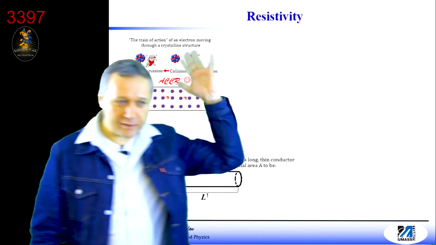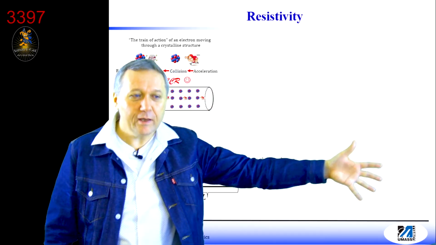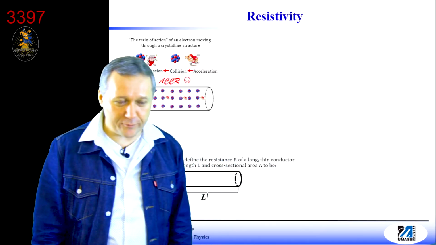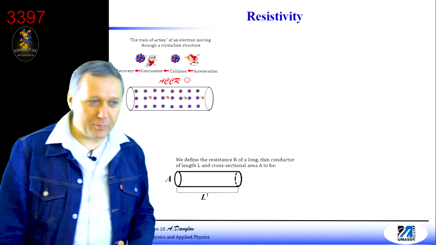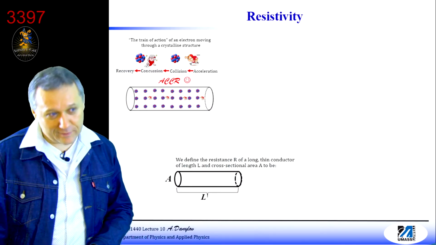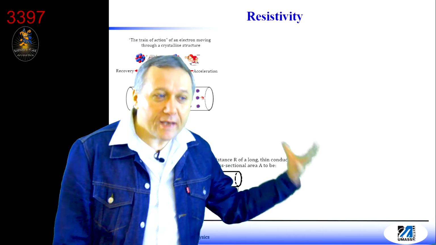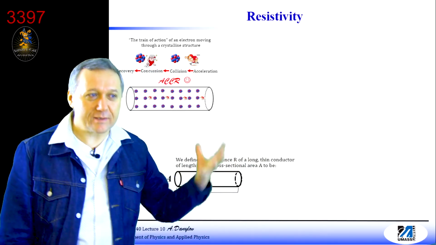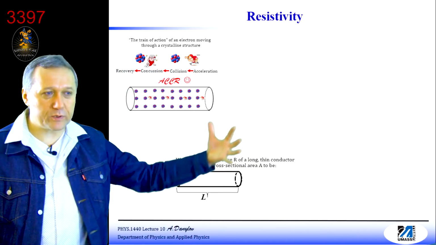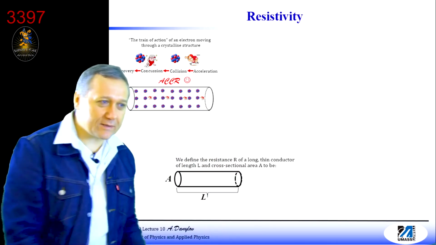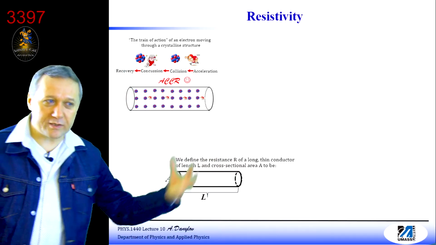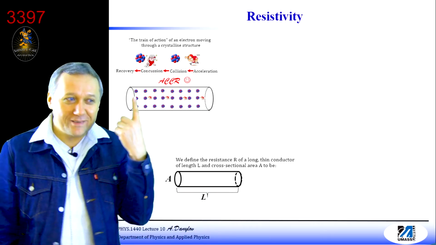After recovery, again, if you start running along a straight line, in a few meters you're going to collide with the second tree. Of course, you're going to make progress, you're going to move forward, but with lots of collisions and concussion, right? So that's what lies behind resistance, all these collisions. Of course, this process is quite complicated. But in physics, we just introduce resistance, and we're trying to describe all this complicated process with just one simple